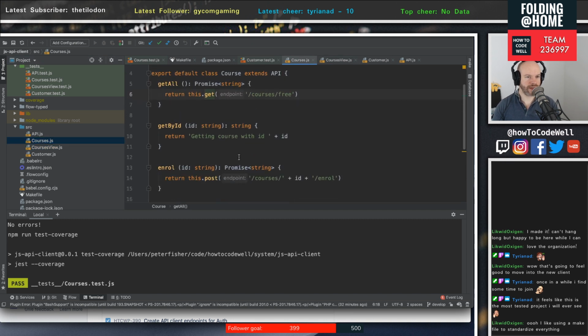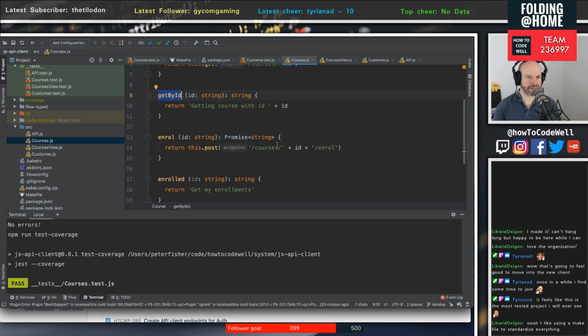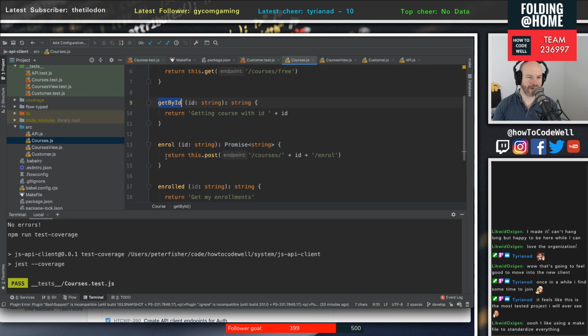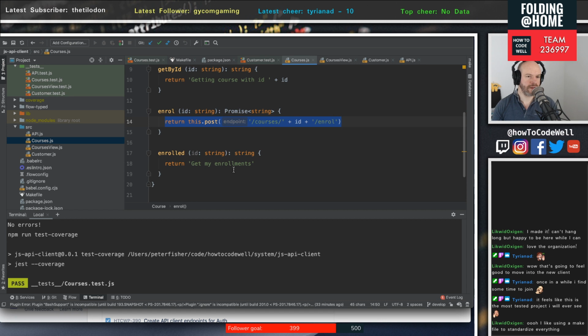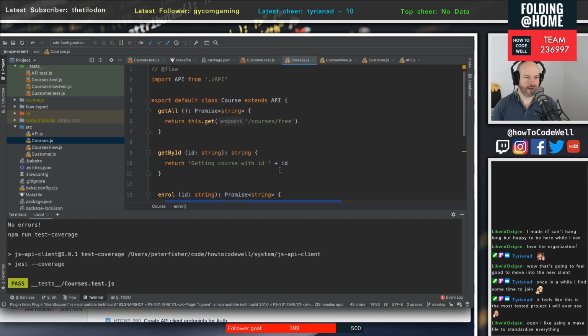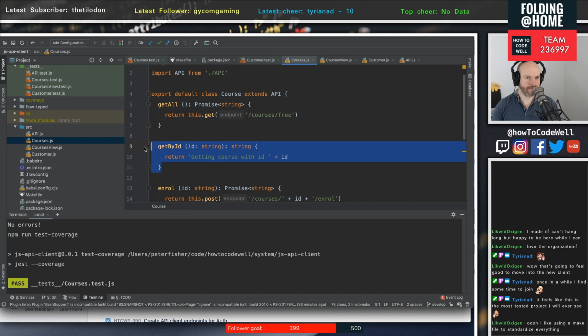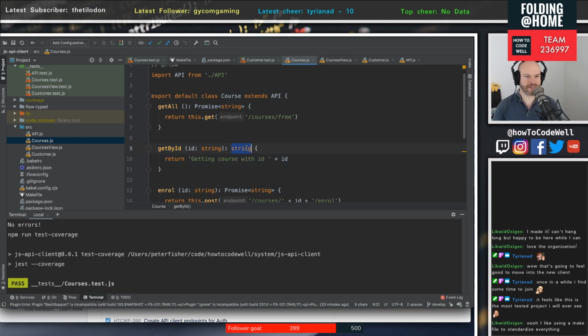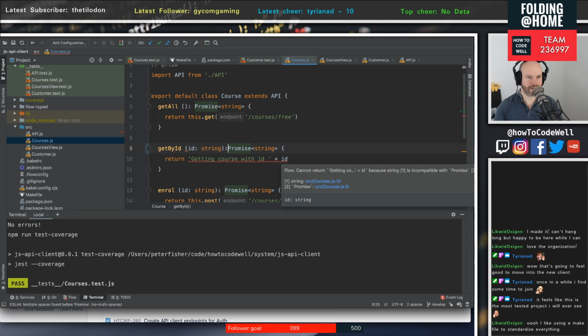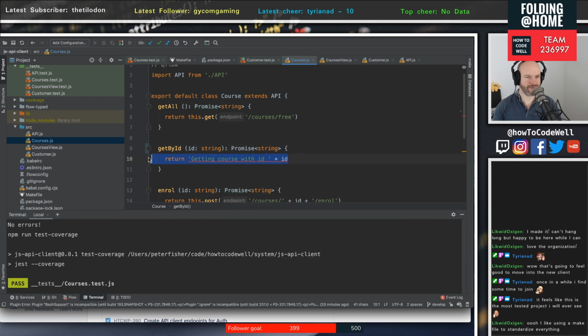So the things that I need to work with here is the get by ID, anything that returns a string really. So, okay, this one here, get by ID. The idea is that this is going to return a promise, and I'm sending them to strings at the moment. It's probably going to be different, but I haven't got to that point yet. I've only got to the point where I'm actually testing the requests and not the responses. So anyway, this is going to do